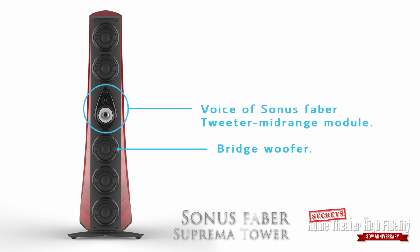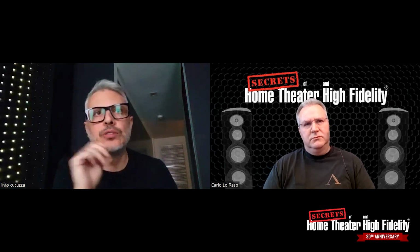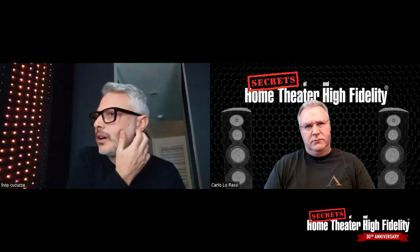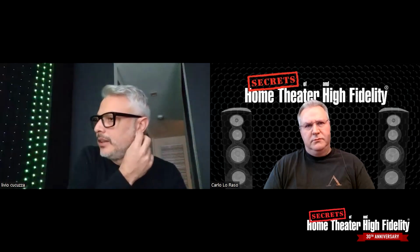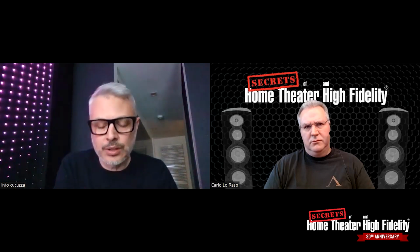I know in some speakers, especially ones that are a similar configuration, the woofers are designed to help control the reflections off the floor and the ceiling. Is something similar happening here as well, or something different? Yes, of course, the placement of the woofers was studied to control the reflections from the ceiling and from the floor. But the main reason why we are using those woofers is, as I said before, with the main column, we wanted to achieve the best reproduction of